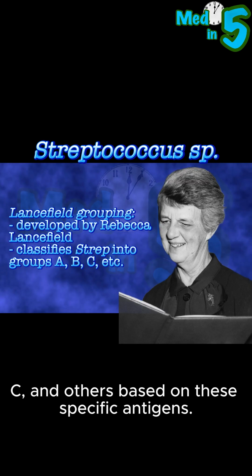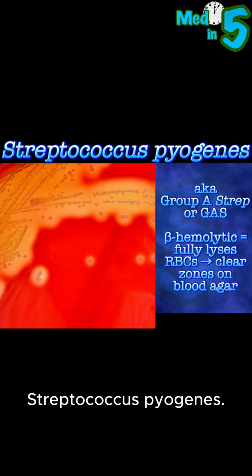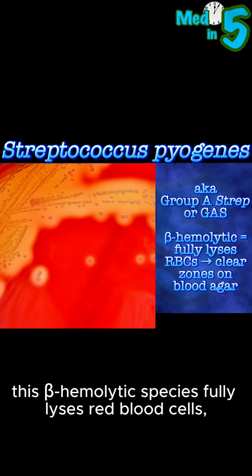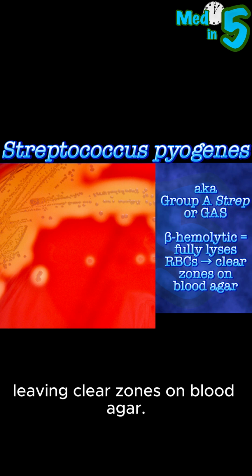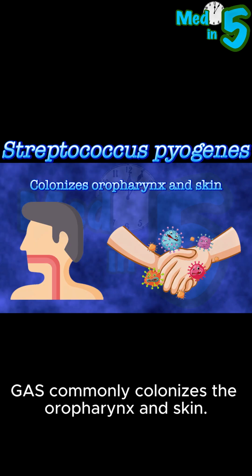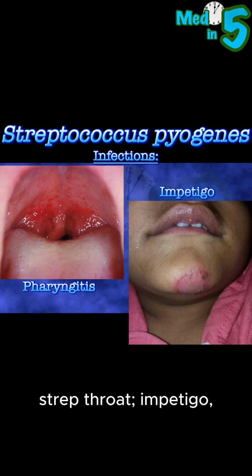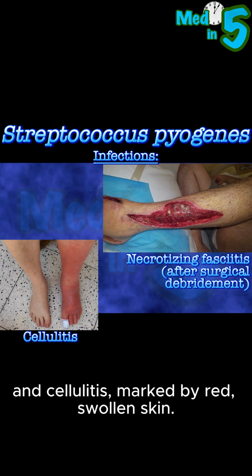these specific antigens. First up, Streptococcus pyogenes, also known as Group A strep or GAS. This beta hemolytic species fully lyses red blood cells, leaving clear zones on blood agar. GAS commonly colonizes the oropharynx and skin. It's a leading cause of pharyngitis, aka strep throat, impetigo, a crusty skin infection, and cellulitis, marked by red, swollen